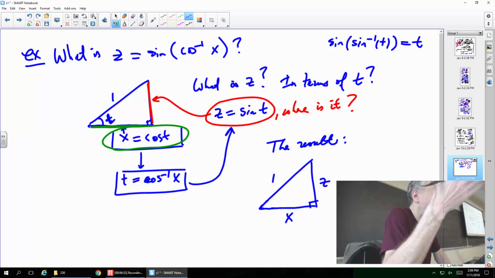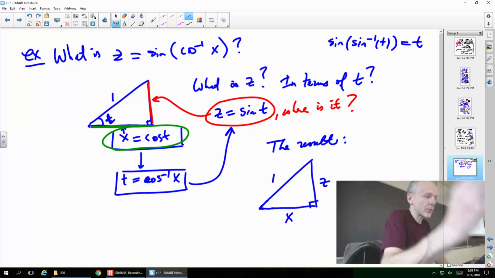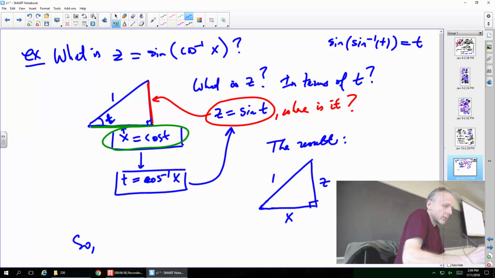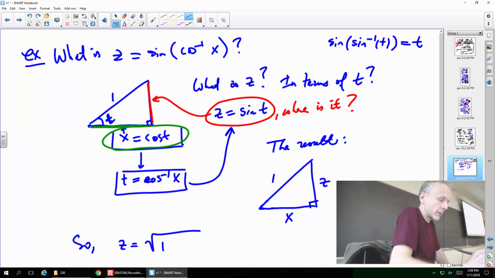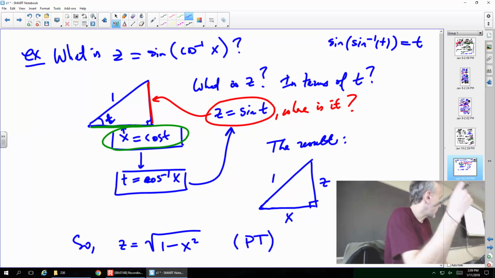x is what we know, and we want to express z in terms of x, and that shouldn't be too complicated. So what is z in terms of x? The square root of 1 minus x squared. That's right. That's all. So we just use the Pythagorean theorem to eliminate this complexity. Okay, and so